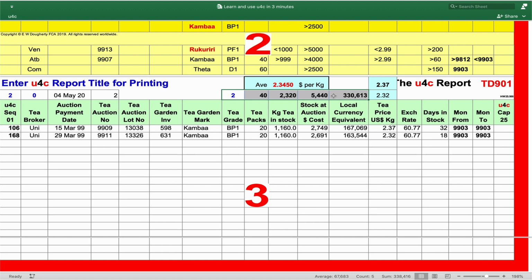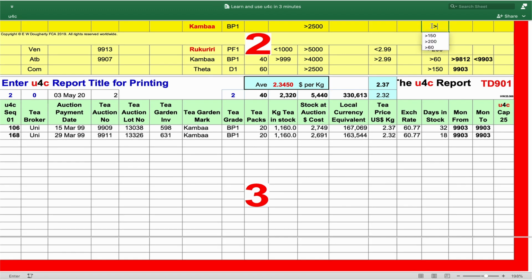But for a further multiple question, how many of these stocks have we held for more than 30 days? We enter greater than 30 on the Q bar, and we find there's only 1. That's a further example of U4C targeted intelligence at work on any data spreadsheet or dataset report extracted from any